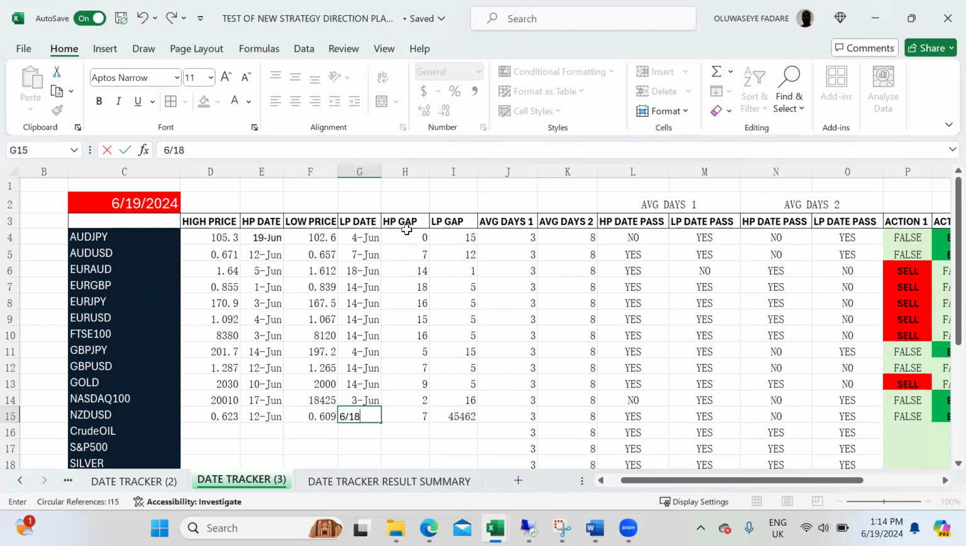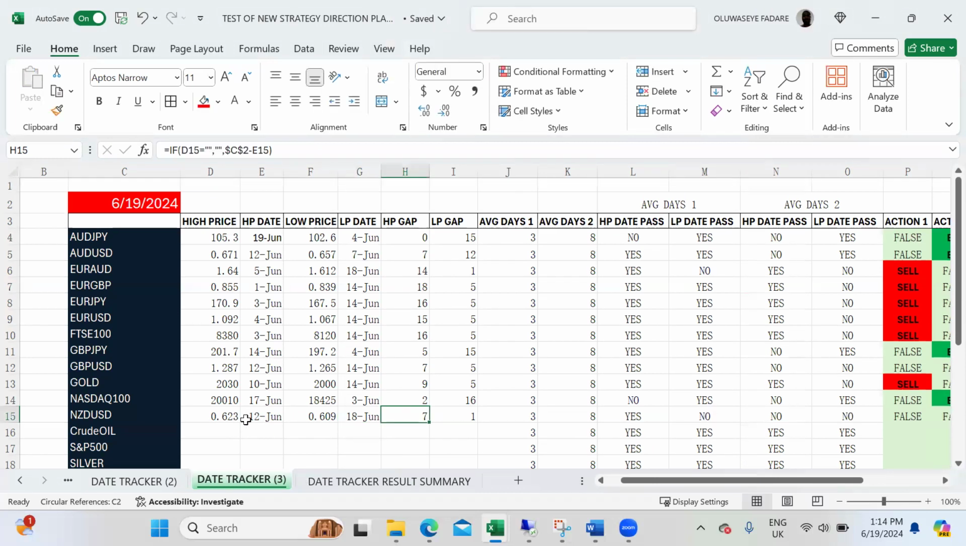So here you can see we have the high gap already at 7 days because today is the 19th, as you can see at the top here, and the price was achieved on the 12th. And for the second one, achieved on the 18th, so we have 1 day. So using this formula, using this information,